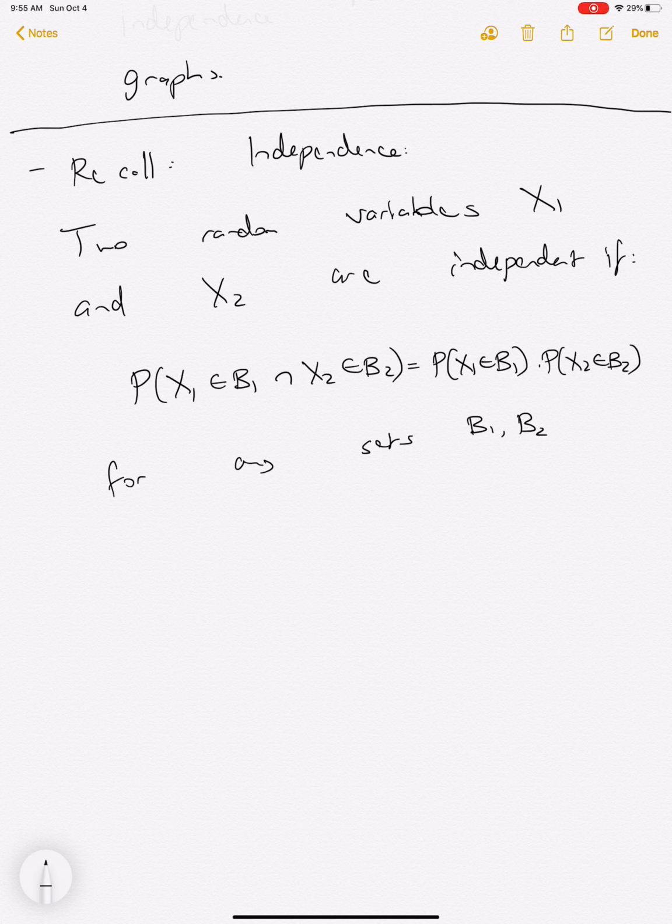There's a lot of set notation here, but all we're really saying is that